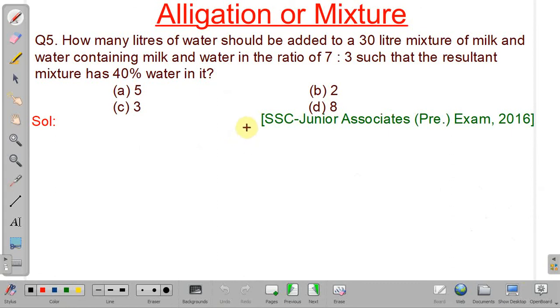So in this problem what is given? We have to find how many liters of water are to be added to a mixture whose quantity is 30 liters and the ratio of milk and water in the original mixture is 7:3, so that the resulting mixture will have 40% water in it. So first we need to find the quantity of milk and water in the initial mixture. So in 30 liters of original mixture,